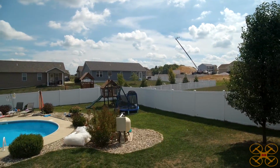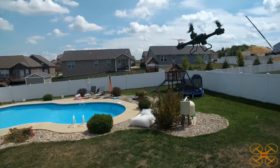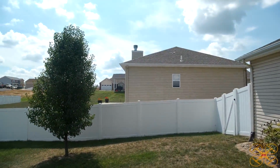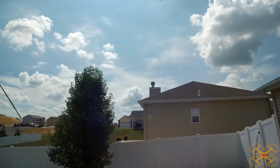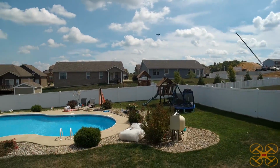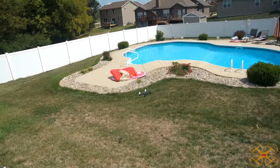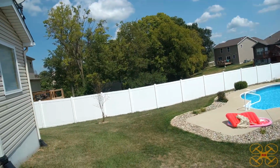Bring it back over here. So it's getting blown around quite a bit because it's rather lightweight, so you have to keep that in mind when there's any breeze. It's not a lot of wind today, but enough that it will blow on you when you're trying to just maintain a hover. So we'll keep it in the highest rate. So there's just two rates,